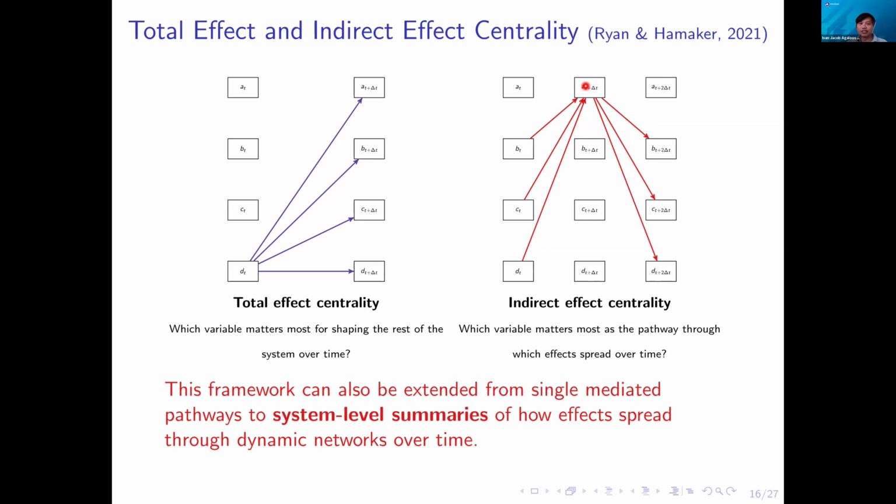When I started looking at this, it was a different perspective from what I'm used to, because I'm used to mediation models where you have theoretical ideas about tracing specific paths and having hypotheses about those specific paths. This perspective is a little different in the sense that we're still thinking about those specific paths, but we're aggregating them and thinking about the importance of the variables through these system level metrics.